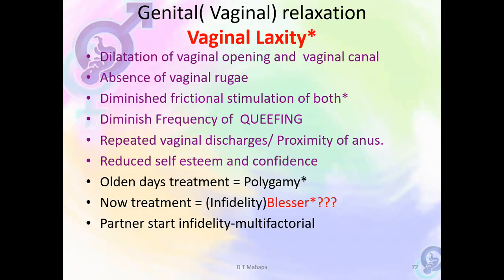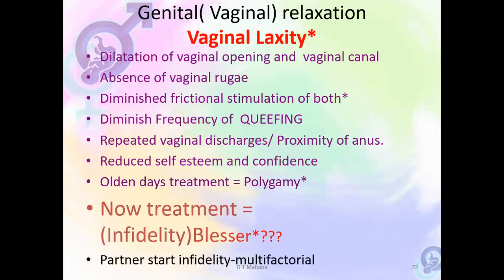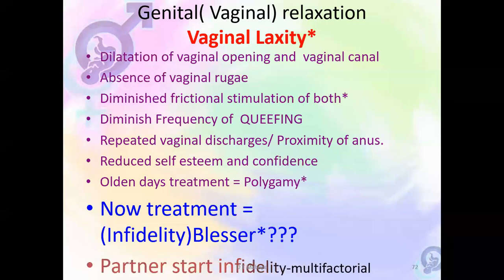if you want to prevent partner infidelity, exclude this as part of the cause, because otherwise the treatment might likely be wrong. But I'm saying that the extent of infidelity that happens now might be a way to counteract the effect of vaginal laxity. So partner infidelity does not only lie with the partner, it also lies with the wife to prevent that infidelity. So I think that's my thinking.